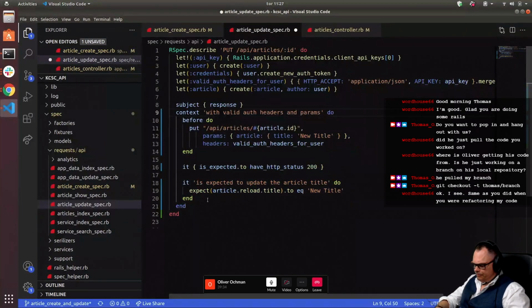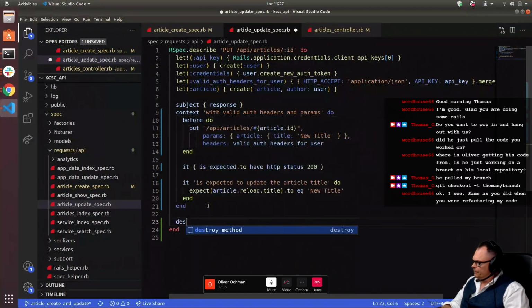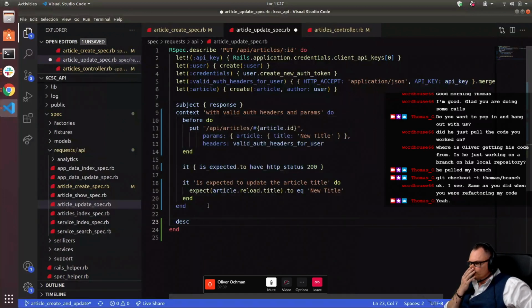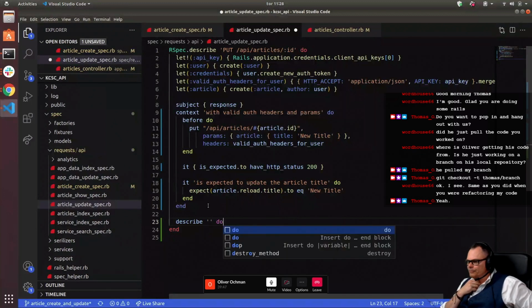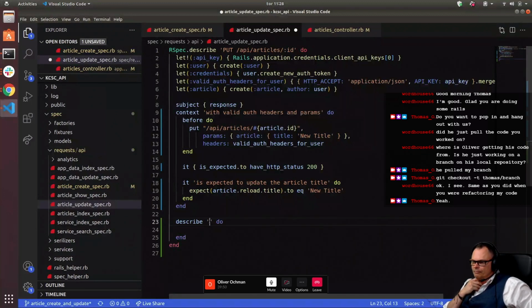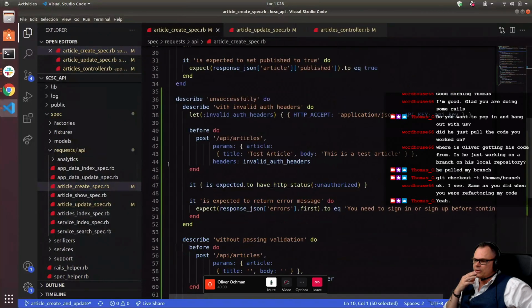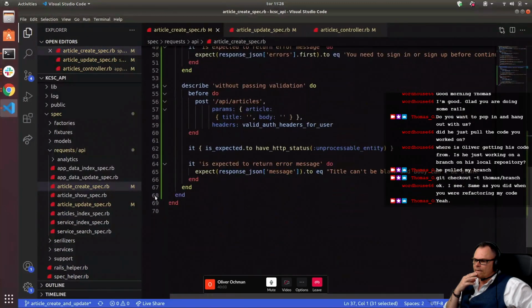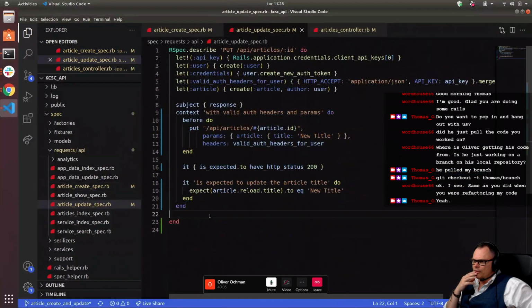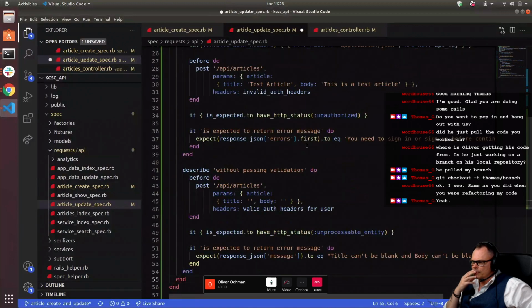So, why would you use context and not describe? I don't know. Describe. Basically we can have the exact same test here. Unsuccessful, you just copy it. You don't even have to write it. Just copy it. Because it's exactly the same test. The only thing that you have to change is to put instead of post, right? And you have to pass in the article,